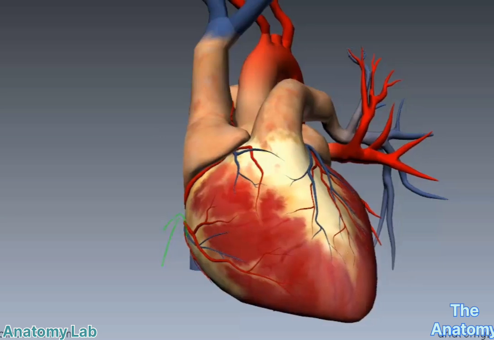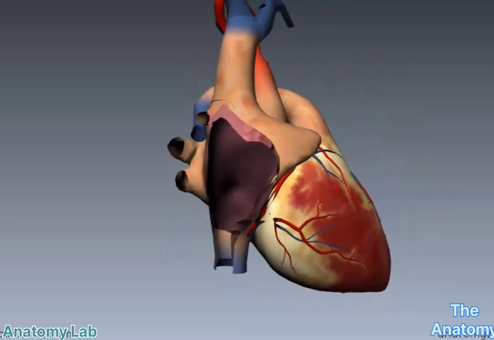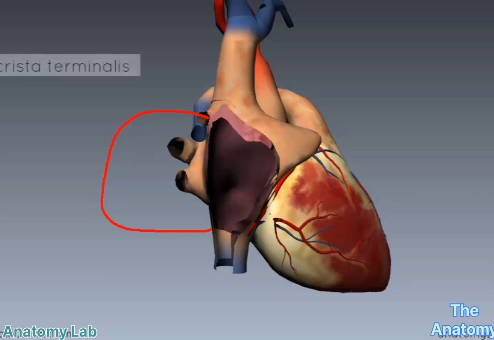What I want to do now is, having taken this slice of the right side of the heart, I want you to imagine that we've flapped open the anterior aspect of the right atrium. So I'm going to draw on this atrium opened up. This is the anterior aspect of the right atrium being flapped open. Internally, corresponding to the sulcus terminalis, we've got something called the crista terminalis. It's this smooth muscular ridge which corresponds to the line of union between the sinus venarum, the smooth posterior wall, and this